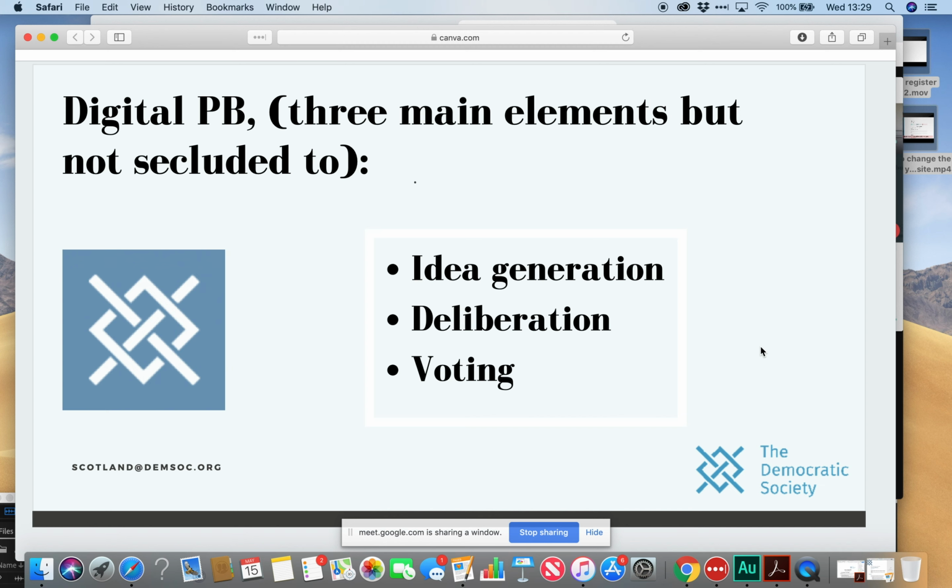And then voting, the third main element in a digital PB process. So voting is when you've got your ideas, you potentially have done a sifting process to come up with a final set of ideas that you want to put out to the public. At some point in that process, you have allowed some deliberation. And it's also important to note that deliberation can take place offline as well. And then you're moving on to your voting. So voting is where the decision is made, the final decision about how this money is spent. There's lots of ways that you can configure your voting process using digital PB tools, and we'll be able to provide you with more information on that